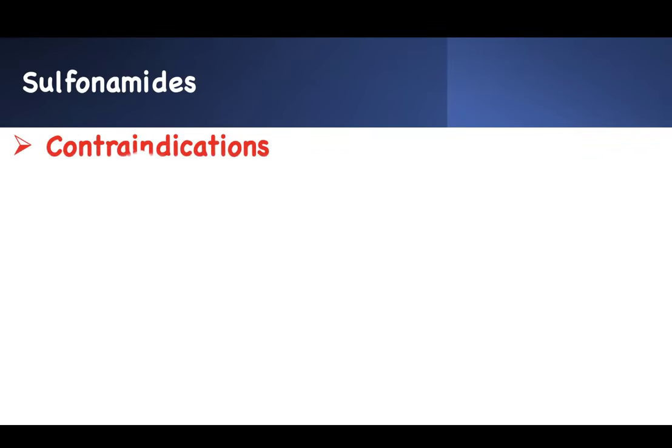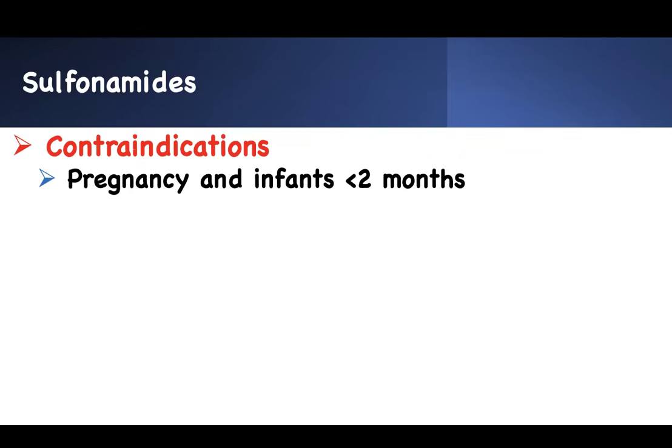Now, a few things. We already know what it does, the side effect. NCLEX is going to ask you this because they want you to protect the patient, prevent the patient from getting into trouble. So I've got to know what I need to do with this medication, so that if I see the patient taking another medication or having a certain condition, they cannot take it. Contraindication. If you're pregnant, you know that, right? It can cause a baby problem, or in an infant that is less than 2 months, it can lead to increased bilirubin that causes brain damage.